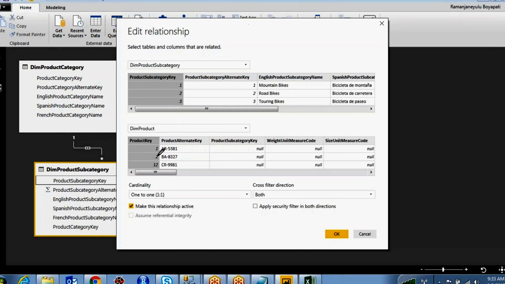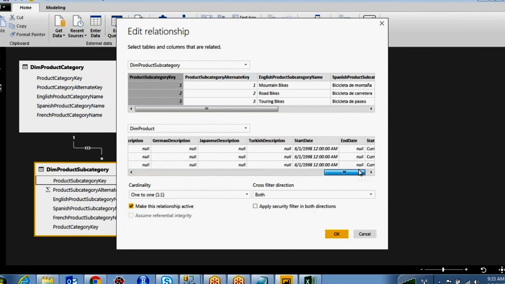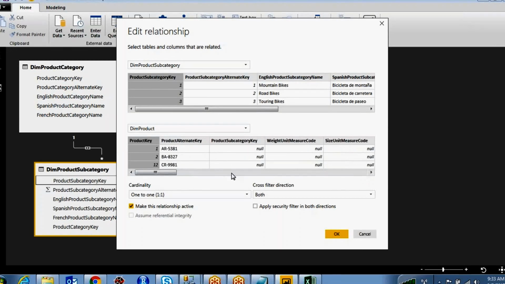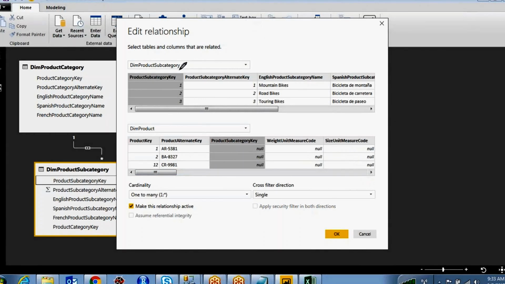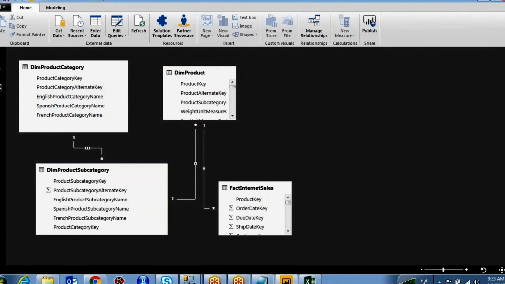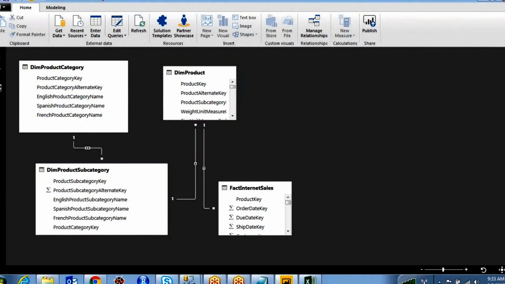It has created it on product category, product key. No, it's not correct. Just go over here and find where the product subcategory is. This one. You have to make the relationship on product subcategory and product subcategory. Then click OK. Got it? So this is the way you have to make the relationships. And whether it is bidirectional or single direction filtering, you have to select over here.